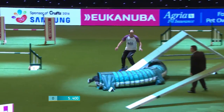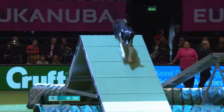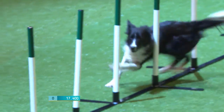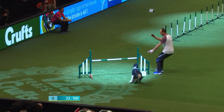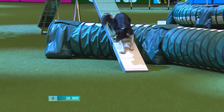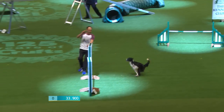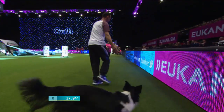And you can see this is a real agile animal, moving quickly already, clearing the hurdles delightfully, over the A-frame, over the Eukanuba, and taking a very good line, and now through the weaves, almost skidding in on the carpeted surface, but good speed over the second of the Eukanuba jumps, and this is looking good. All clear so far, subject to confirmation, as goes over the dog walk, and now moving towards the tunnel, and now towards the final hurdles, up towards the end, and turning beautifully at the long jump with real speed, and